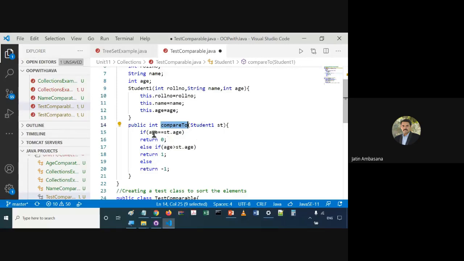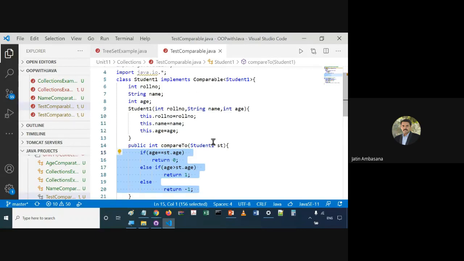So the invoking object's age is matched with the parameter student's age, and if it is equal, we return 0. If it is greater, we return 1, else we return -1.